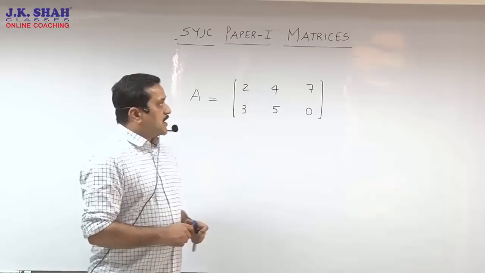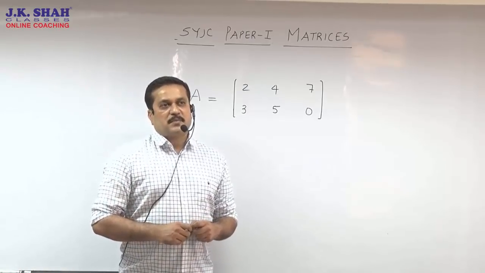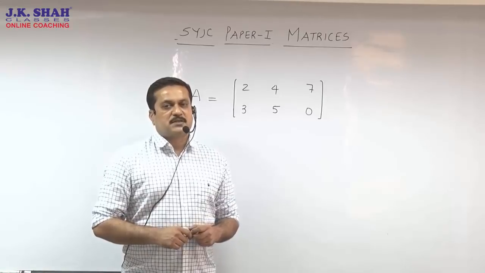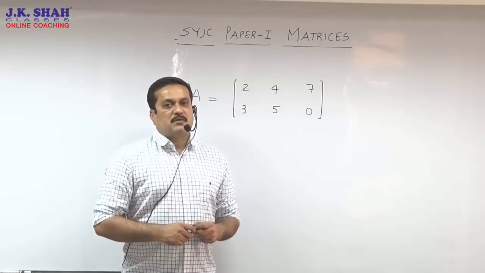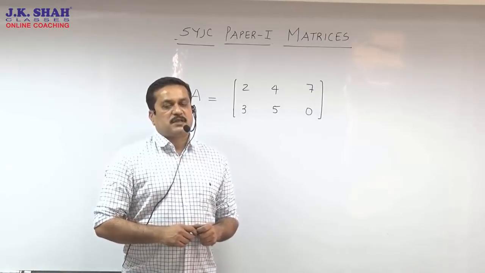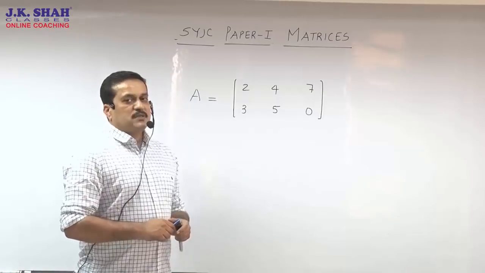We start with matrices. The weightage of this in the boards is approximately 7 to 8 marks out of 40 from paper 1, which seems to be quite a good percentage of marks for this topic. It has a lot of varieties. So we start with the topic now.